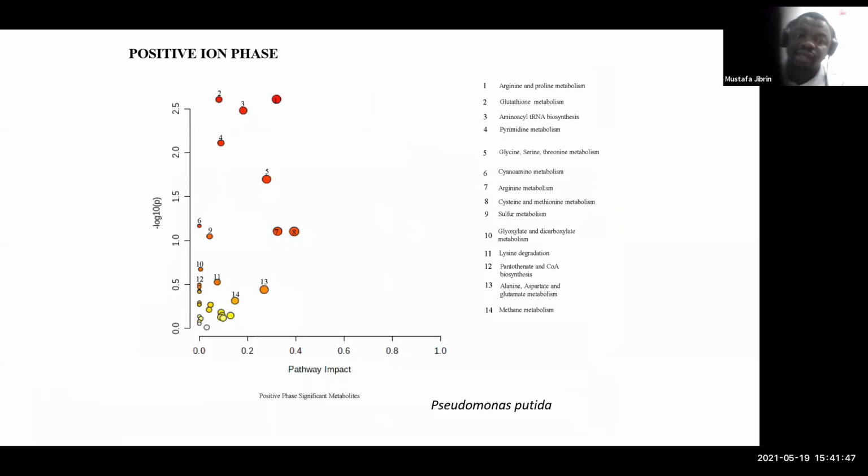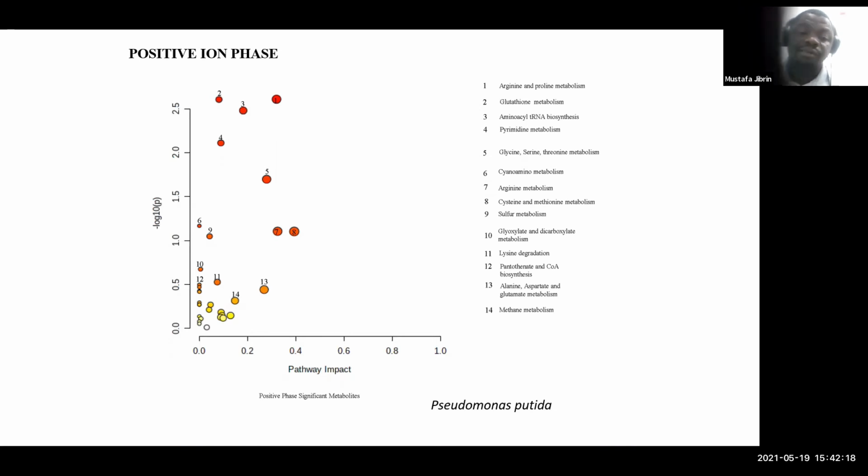So what we did, we used a platform called Metabolomics.ca, which we used to analyze some of the significant metabolites to see if we can come to a point where we can pinpoint some pathways that we can hold onto as guilty, that are being involved in the activity of